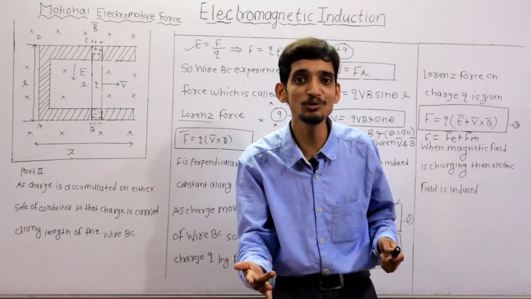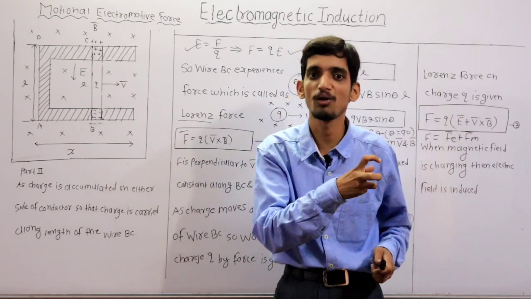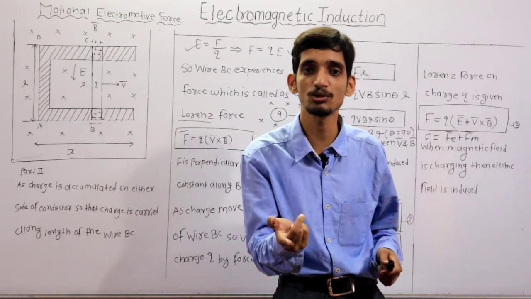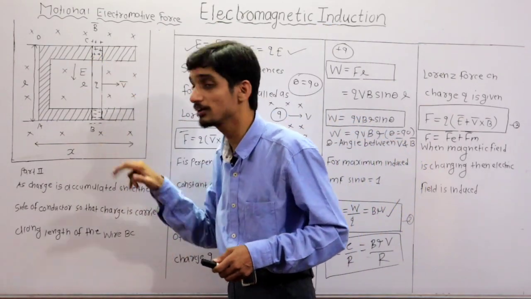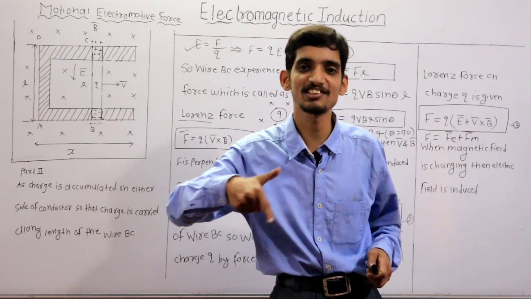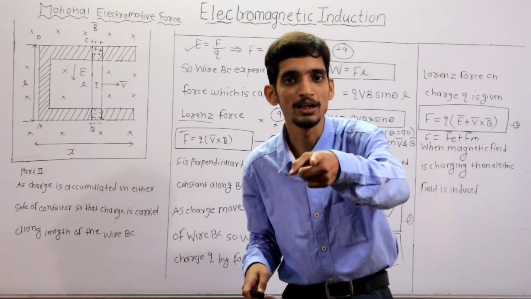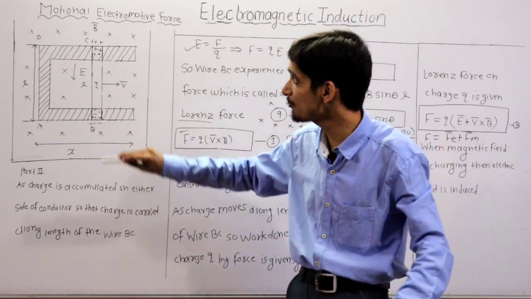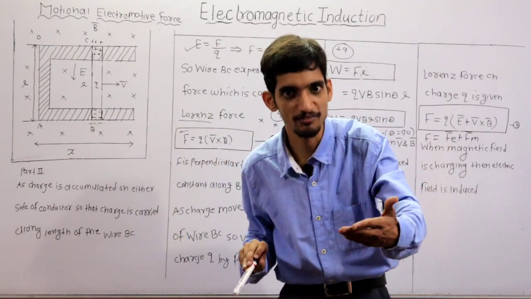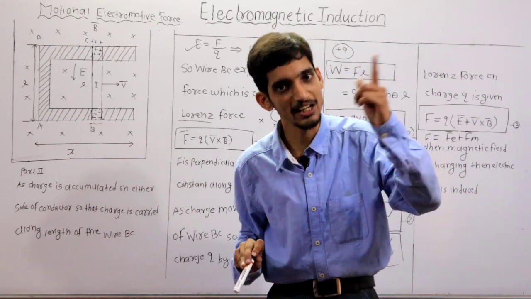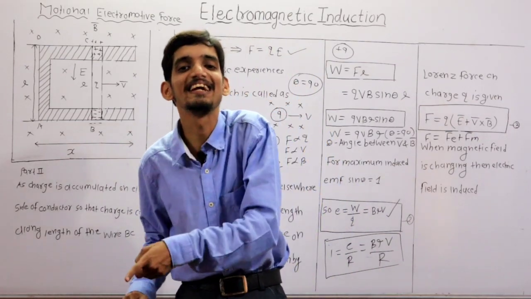No. The electric field is induced when I start the rod moving towards the right side. So there is a cutting of flux, a change of flux, due to which, by Faraday's law, there is an induced EMF, and due to that induced EMF, charges are accumulated on either side of the rod. And now as the charges are present, that charge will experience a force due to the electric field, and that electric field is directed from positive to negative. So initially which field was present? Magnetic field. Later which field was induced? Electric field. That's why it is written here: magnetic field is changing, then electric field is induced.